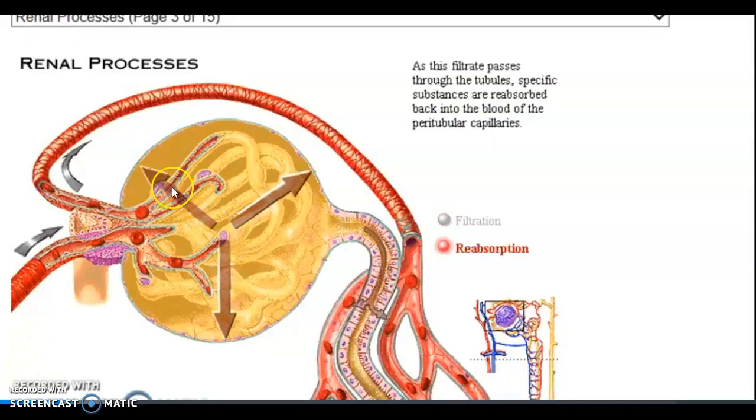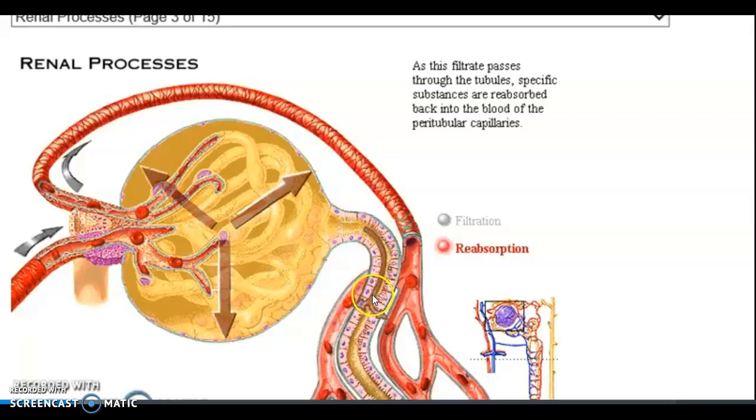Okay, so filtration was happening here, but notice when the filtrate goes into the tubules, now we need to reclaim the majority of what we filtered out because it was mostly size and charge dependent as to why it filtered out. It didn't mean that everything that filtered out was stuff we wanted to get rid of. Now the waste products we're getting rid of, most of it did happen to be the correct size and the correct charge, but we also filtered out a big amount of things that we can't afford to lose